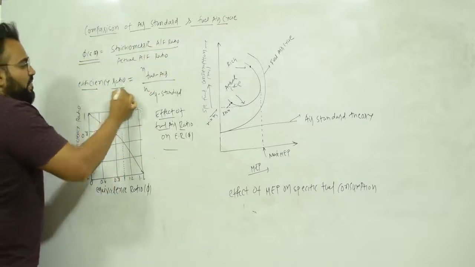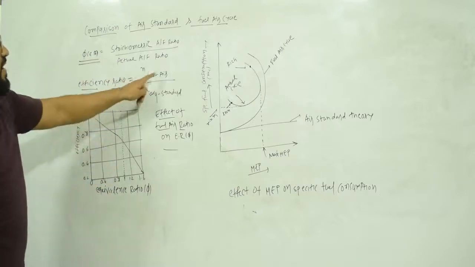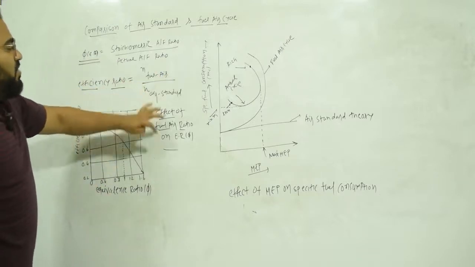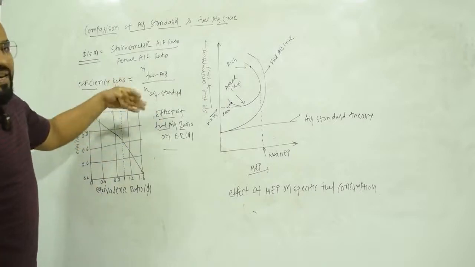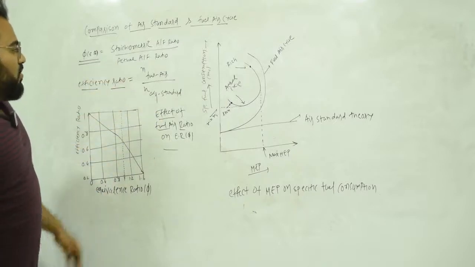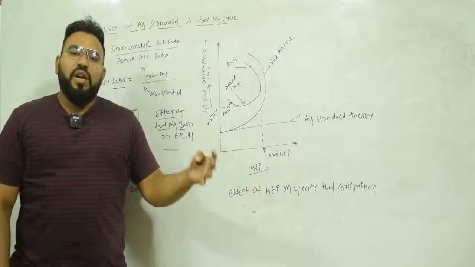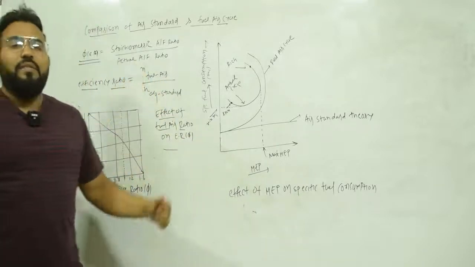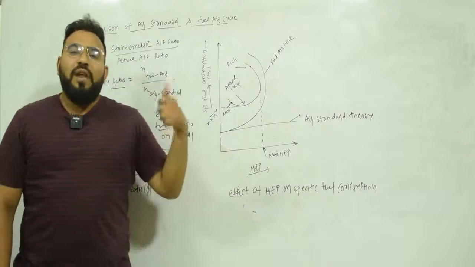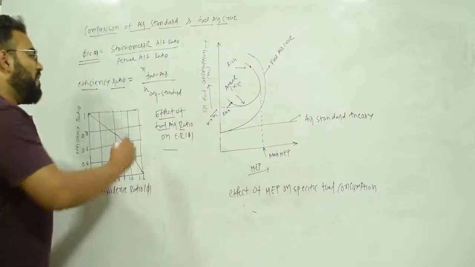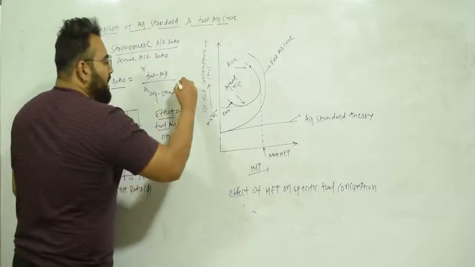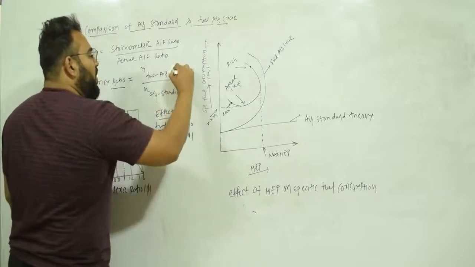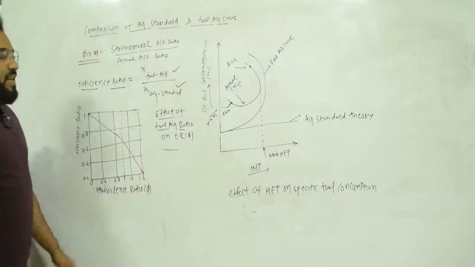Now the next term is the efficiency ratio, which is the efficiency of the fuel air cycle upon the efficiency of the air standard cycle. When I say air standard, it is a theoretical cycle. You know that the air standard cycle works on just one substance, that is air, whereas the fuel air cycle works on both fuel and air as the working substance.